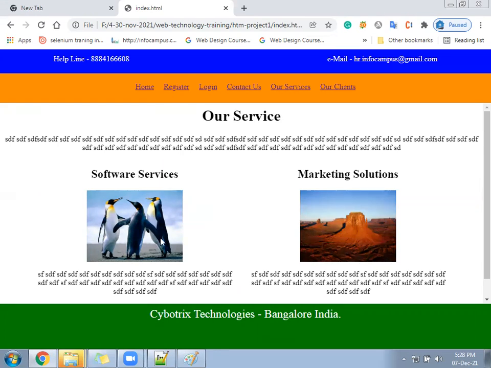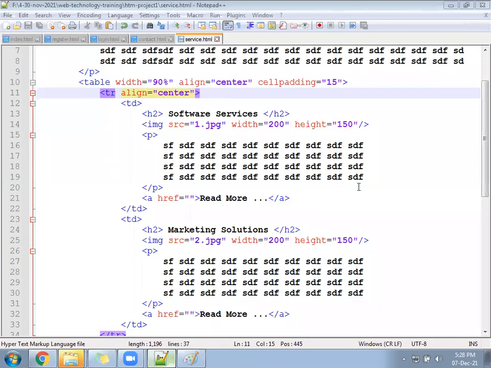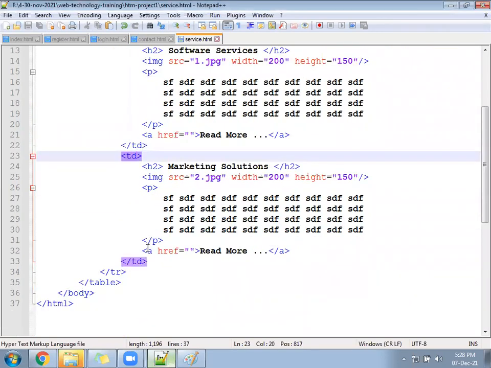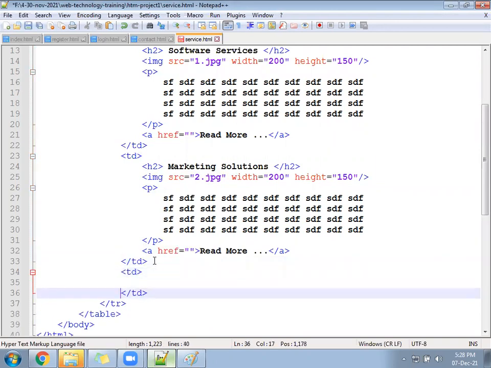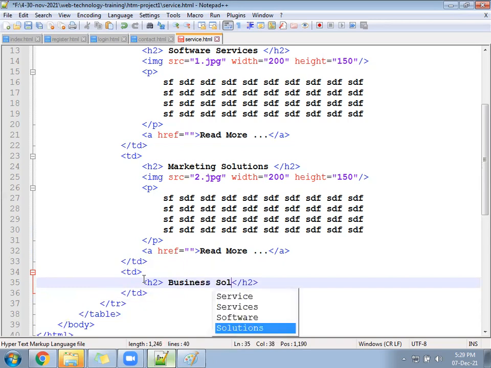We will add one more block. Next TD, H2, business solutions.